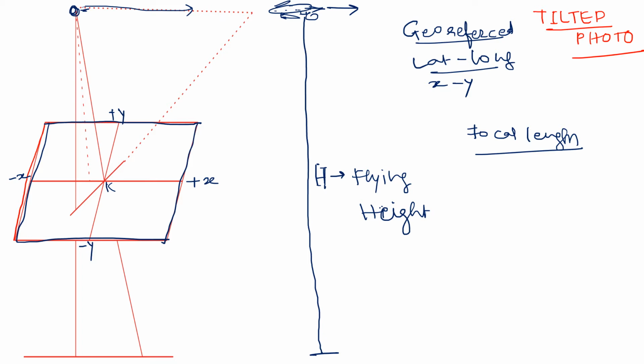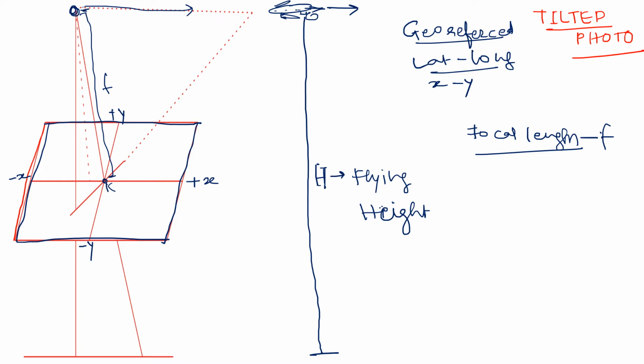This point is called the principal point, denoted as the point K, the point of intersection on the perspective projection or photograph where the X and Y lines join. The distance between O and K is denoted as F, which is nothing but the focal length. Then the next comes,